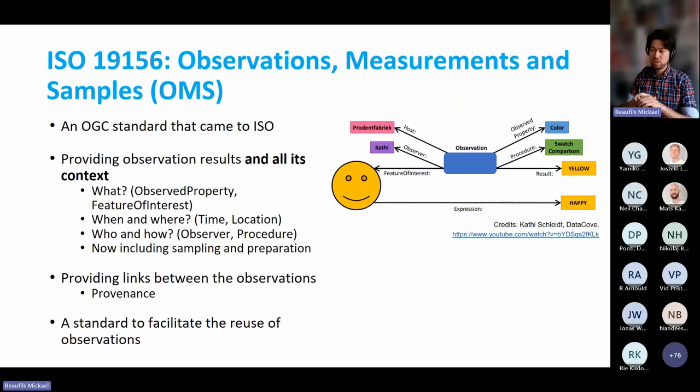This standard now also includes the steps of sampling and preparation that we often use in geotechnics. So we work on this common basis, try to find the connection between AGS, DIGS, and also how it can be exposed in IFC in order to have this level of information to make the data reusable. There are plenty of other capabilities, like the fact that you can link observations and then have an idea of the provenance of the data. This is very useful for the purpose of geotechnics, to know how the data have been produced. So we work on that and extend that standard.